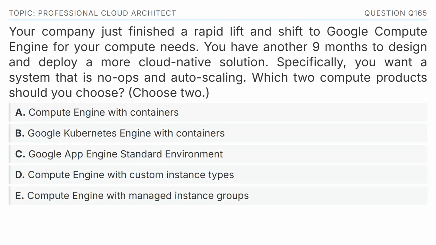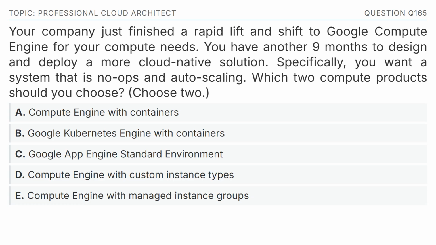Your company just finished a rapid lift and shift to Google Compute Engine for your compute needs. You have another 9 months to design and deploy a more cloud-native solution. Specifically, you want a system that is no-ops and auto-scaling. Which 2 compute products should you choose? Choose 2. The options are: Option A, Compute Engine with containers. Option B,